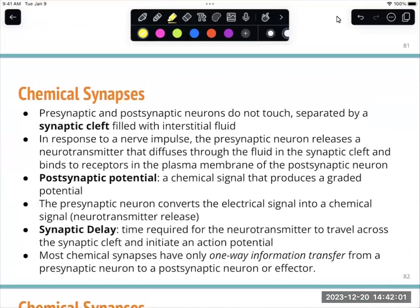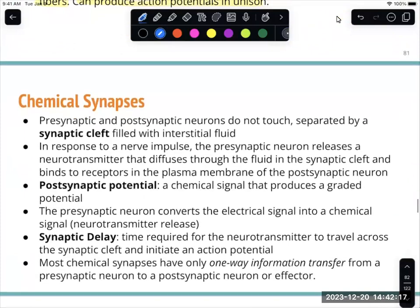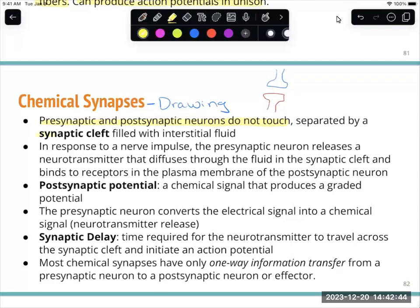In a chemical synapse, that was the electrical synapse. This one was the video I showed. This, a chemical synapse, was my drawing that I drew. So in a chemical synapse, that presynaptic and postsynaptic neuron do not touch. So that picture I drew, that first neuron and that second neuron, they do not touch. They are separated by what is called the synaptic cleft, which is that space between. It is filled with interstitial fluid,